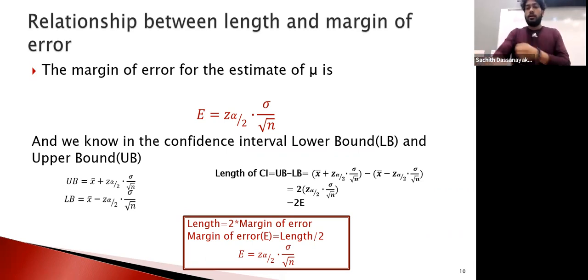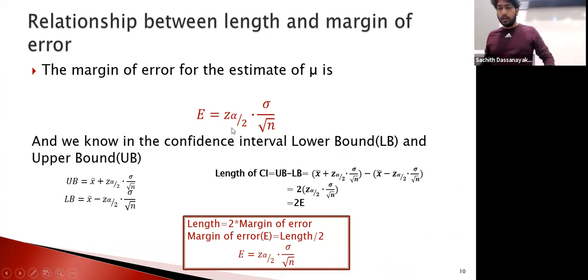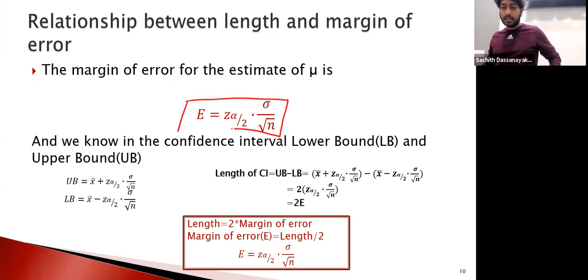Last time I was talking about margin of error. So this is how we find the margin of error. Please try to remember this one. Whenever you need to find the margin of error, it is this one. It is exactly the same as what we used to find the lower limit and upper limit of the interval, 95% or whatever confidence interval. So those two with X bar. This one.